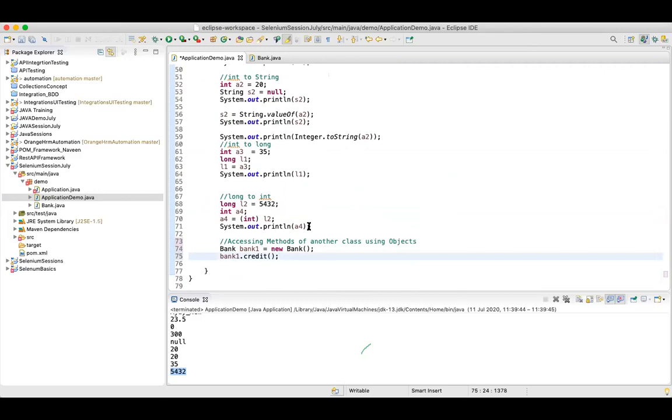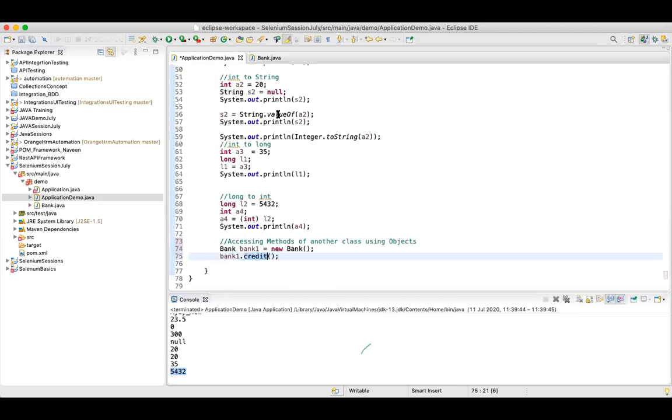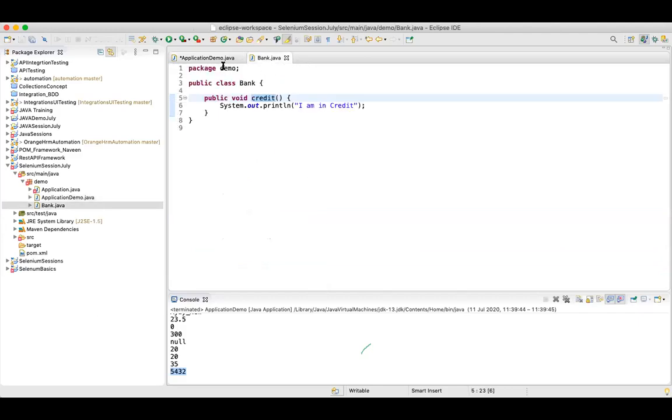My main method will be very short, and it will call each and every method as and when required. So your main method should be small, and for each job you can have a method and simply call that method, and that is why we do not write the entire code in main. So if you want to access credit, this credit method is of a different class, and if you want to call that method, first we have to create an object.